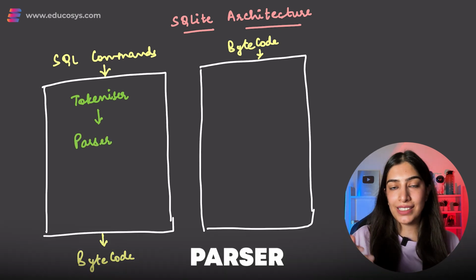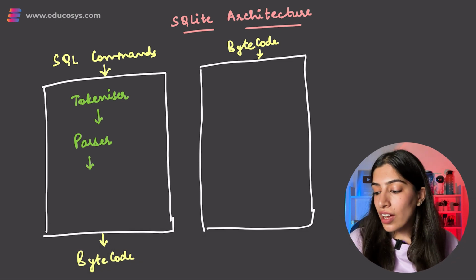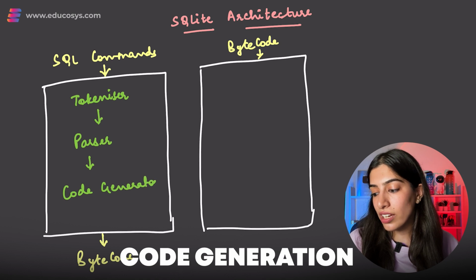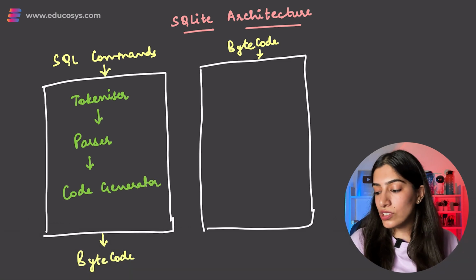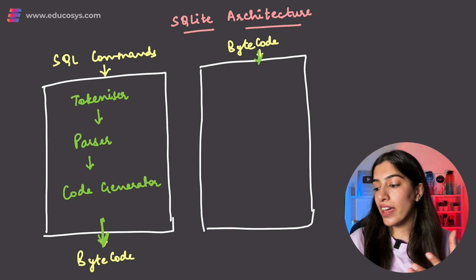So first we have tokenizer, then we have parser. And then whatever parsing we have done, after that we can finally do our code generation, and this will be done by our code generator. Now this code generator will finally generate our bytecode, and this bytecode is going to be interpreted by our second